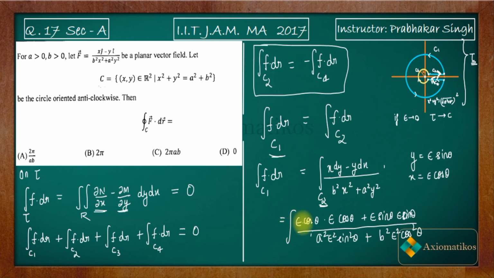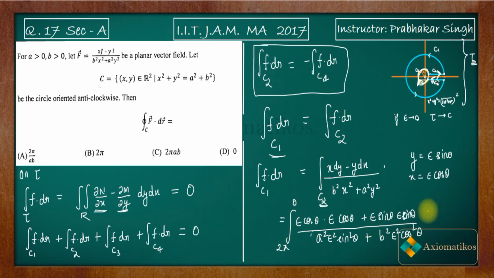Now you have everything written. Now let us try to find out the limit. See what we have. This is a clockwise direction. Are you getting my point? So this is a clockwise direction. That means you're going from 2 pi towards 0. So we will write 2 pi towards 0.